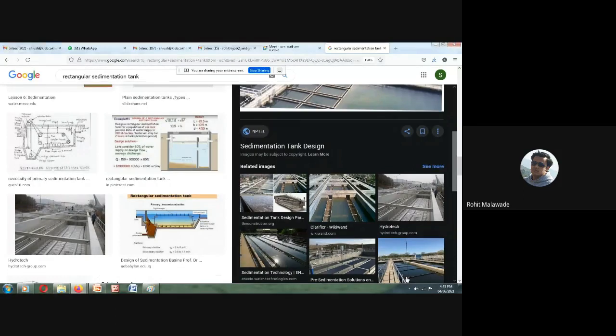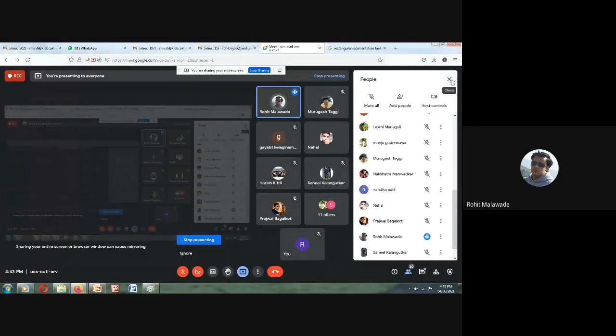It is already 4:45. For the design concept of your sedimentation tank, can we have it in this class or in the next class? It is going to help you solve the problems also. Next class means Monday or Tuesday, when will I have it? Tuesday, it seems. Okay, we'll have the design concept of your sedimentation tank on Tuesday.